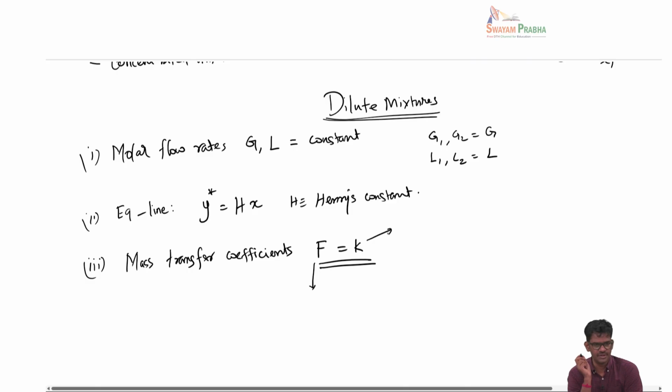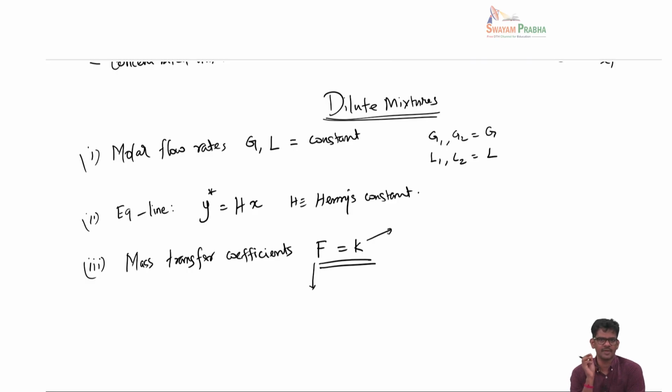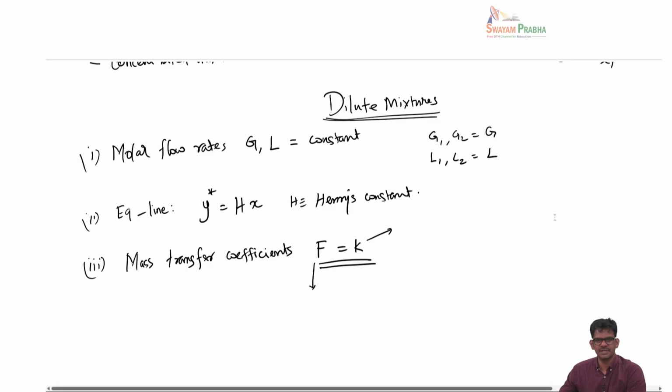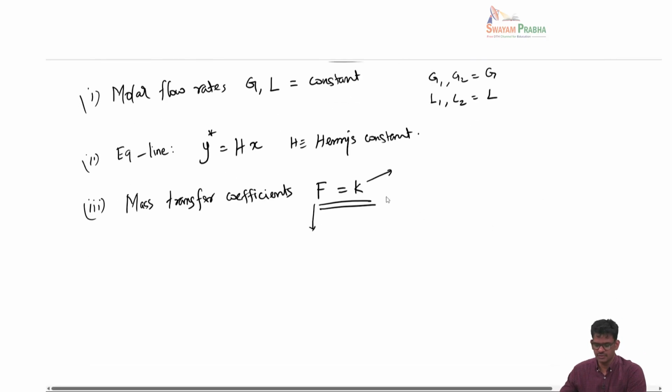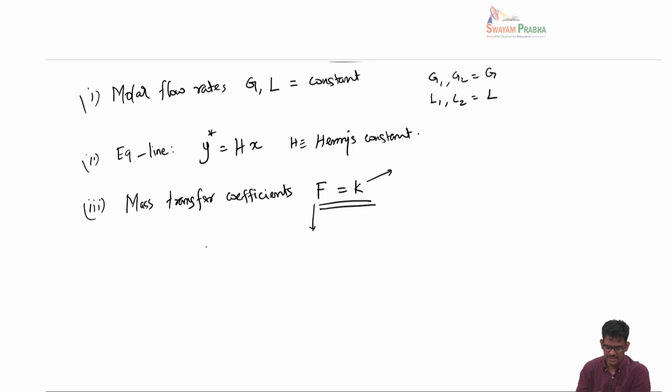for dilute mixtures. So when you look at this absorption-like problem where a single solute is transferring in the non-diffusing solvent, so A diffusing through non-diffusing B, a kind of mass transfer type, you will see that for the dilute case F type and K type are analogous. Okay. This was something I demonstrated in one of the previous classes on interface mass transfer, but we can also see it here. So let's say if you have a